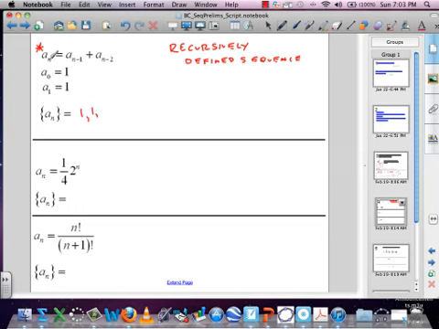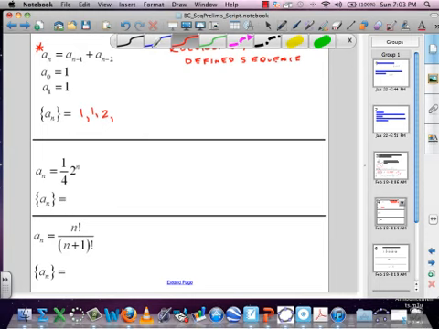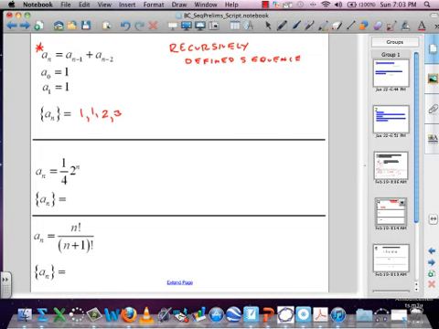Now, how do we get a sub 2? A sub 2 is a sub 2 minus 1 plus a sub 2 minus 2, meaning it's a sub 1, which is 1, plus a sub 0, which is 1. So the next term is 2. And we're going to continue with that pattern all the way down. To get the next term in the sequence, you just add the 2 before it. So to get this next one, I add 2 and 1, I get 3. To get the next one, I add 2 and 3, and I get 5. To get the next one, I add 3 and 5, I get 8. And this goes on forever, dot, dot, dot,